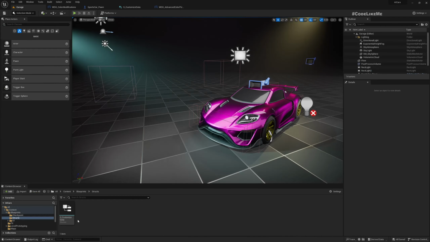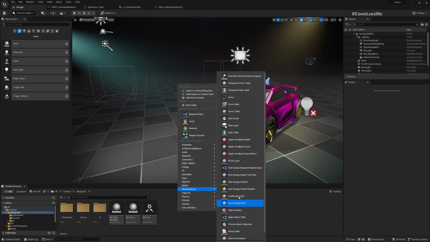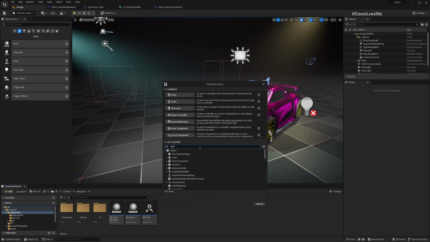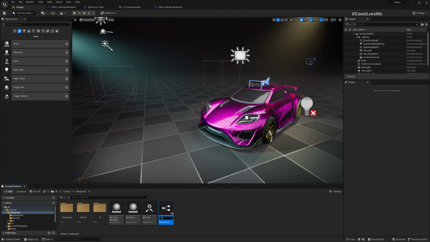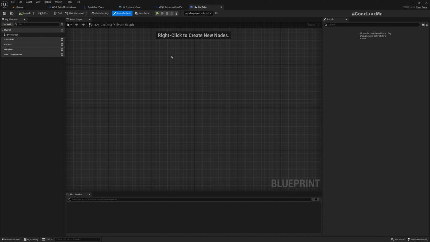we need a save game blueprint. Where is it? Oh, I can't find it here. So all classes, save game. I'll call it SV car data. Right, now here